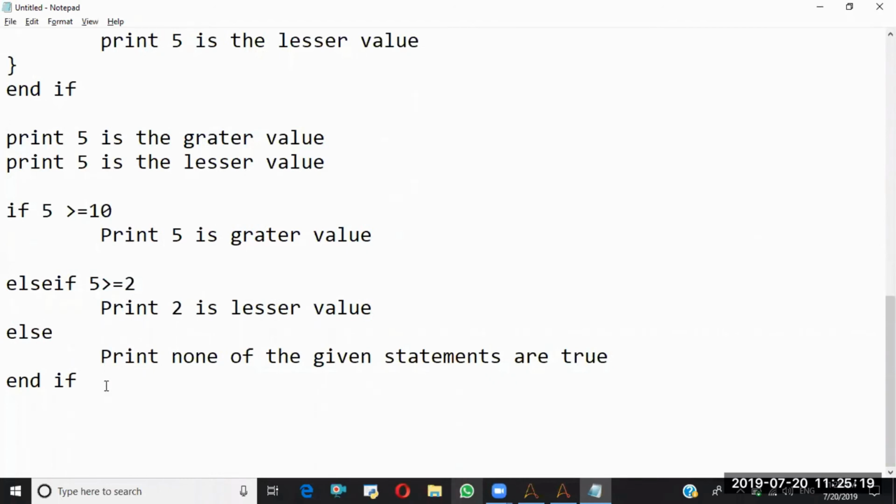Next I want to check multiple conditions in a single shot. That means if 5 greater than 2 and 6 less than 10, this is a block.